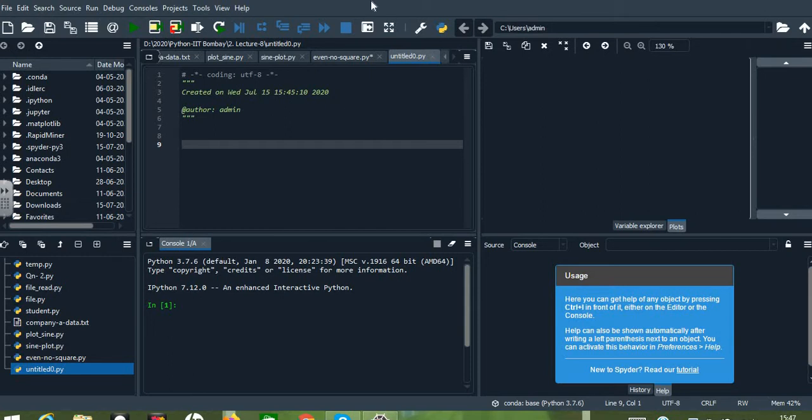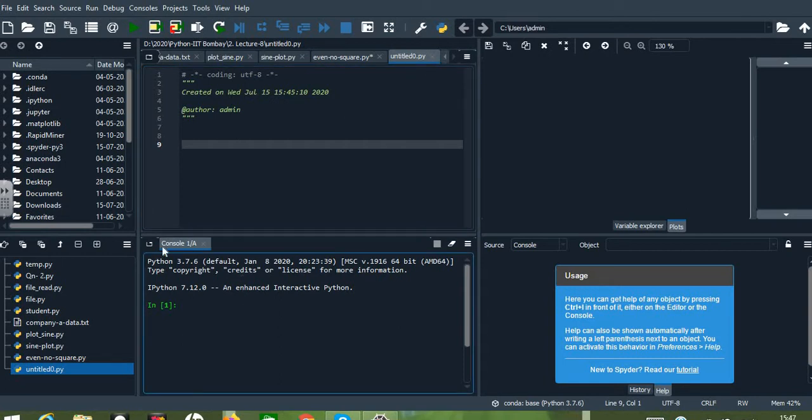So we have all the options just like our MATLAB command window. Here we have the editor window where we type all the programs, and by default all the programs will be saved using the .py extension.